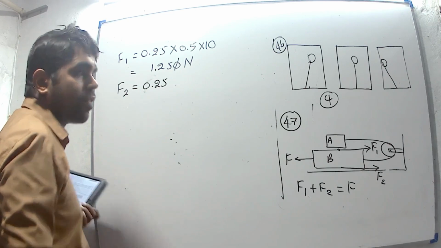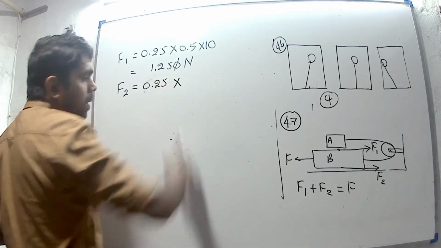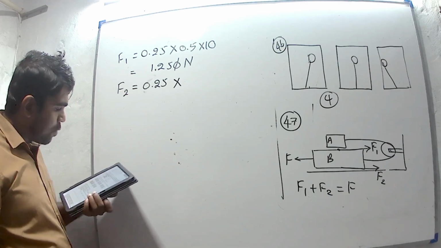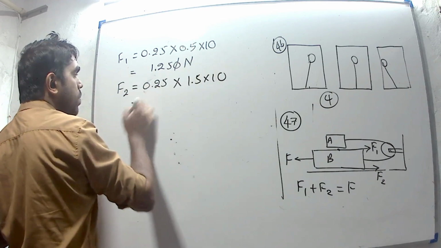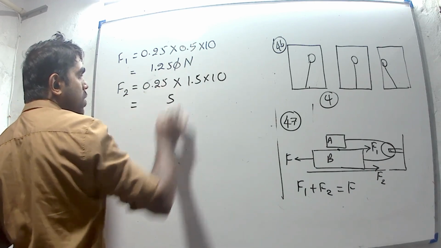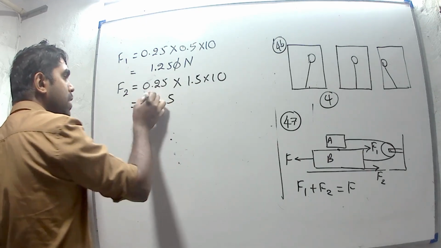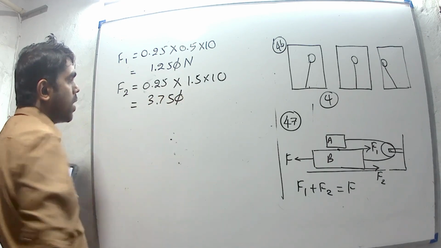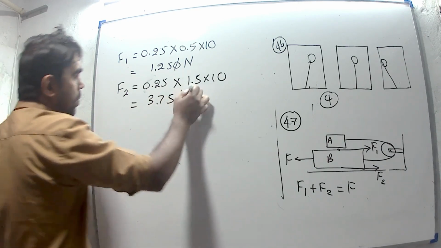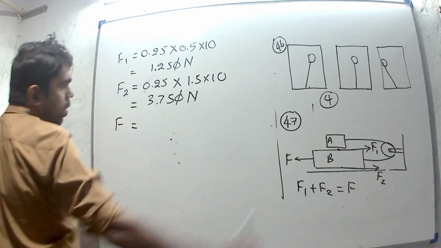We are using F equals mu R. This is the mu value, and we have to multiply by R. R is 1.5 kilograms, 1.5 into 10 Newton. 15 into 5, 75. 7 remaining. 15 into 2, 30. 30 plus 7, 37. 0. We have to separate 3 decimal places. 3.75 Newton. Then F should be equal to the sum of these